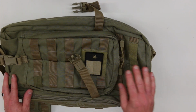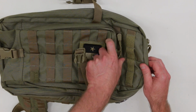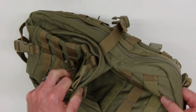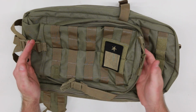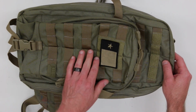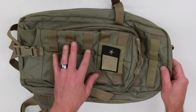Now, again, let's come back to the highlight of this particular bag. What I like most about this bag is that underneath this front compartment you have a hidden compartment which is accessed by this tab here. You basically have a Velcro closure, and inside there you have a very deep pocket that pretty much runs the same length as this front compartment, but it's a great spot for carrying, say, a concealed carry weapon, and it's definitely not easily visible in terms of, say, a firearm printing,